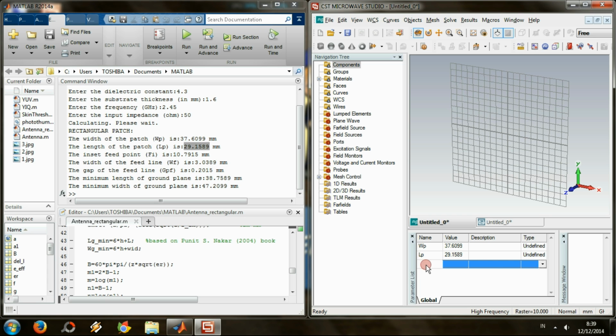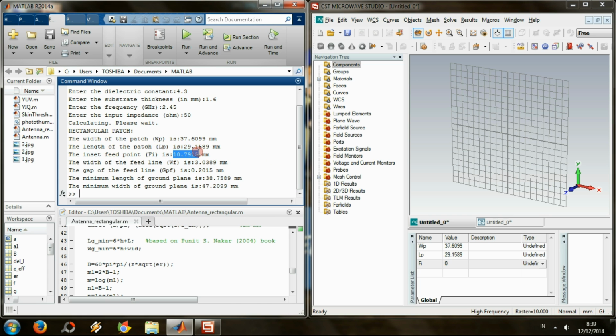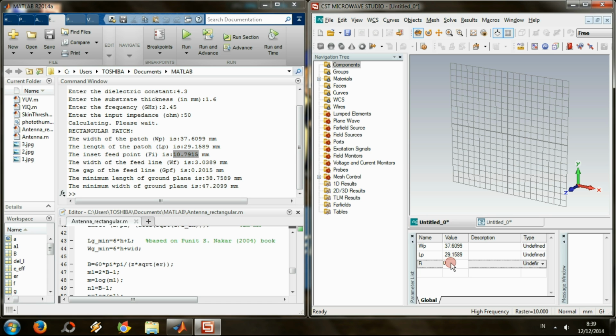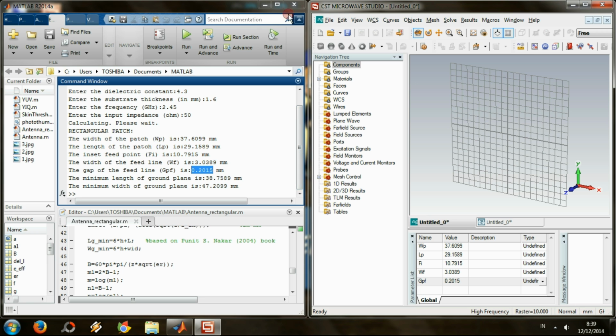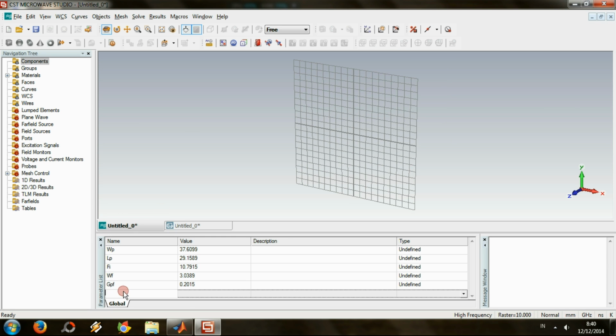And the FI, the feed point, and then the width of the feed line. Oops, just manually type it. The gap, type it again. Okay, and then the dielectric thickness, which is H,